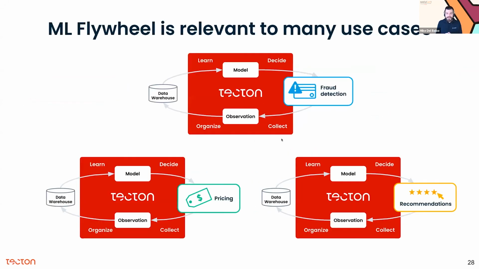And this is not just for the recommendations use cases I mentioned, but it's my claim that every ML use case has to be thinking about this. So whether it's fraud detection, pricing, recommendations, gaming use cases, security, enterprise SaaS, search, ranking, a variety of things that are all implementing this flywheel in one way or another. So I recommend that you think about the flywheel and figure out how it maps to your world as well. We're always around to help out.